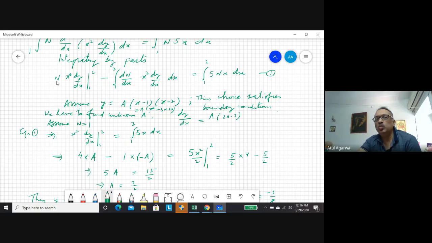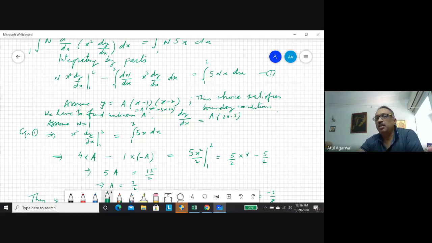Now we can choose different values of these weighting functions. Suppose we take the weighting function as x square, or anything, we can take 1. So this equation should be satisfied for different weighting functions. If this equation is satisfied for any arbitrary weighting function, we reach an exact result. But we cannot do that. There are infinite numbers of weighting function possibilities. We'll choose only two weighting functions because we have got two unknowns in our equations. We will see how many weighting functions we choose.